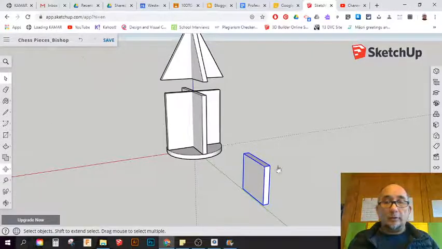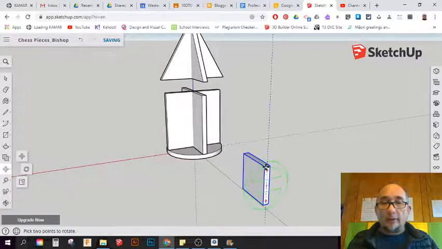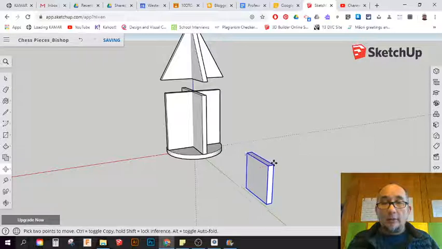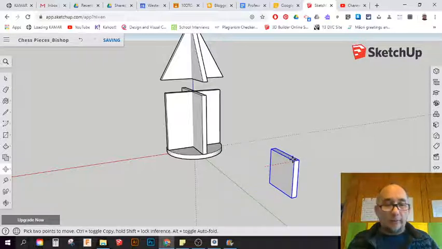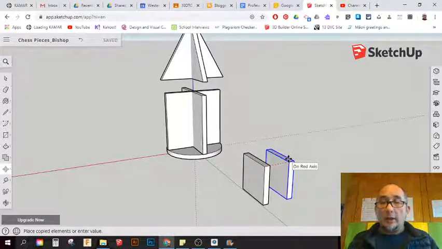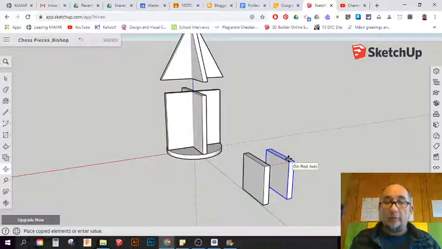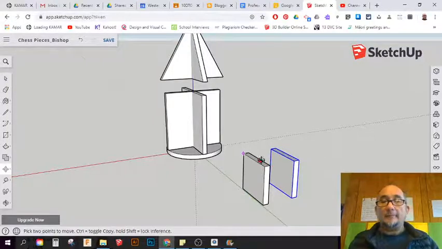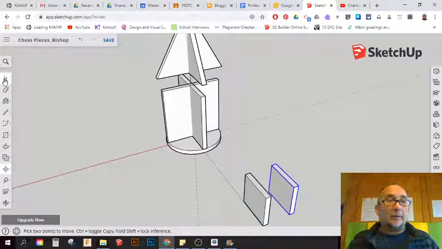Now we're going to move it. So we're going to move it from this corner here, and we want this corner to be over here somewhere. We're going to make a copy of it by hitting the Control key, and we're going to move a distance of 17 mils. So 17 being 20, because that's the size of the cube, minus 3 for the thickness of the material. So like that. And then we're going to take both of those,